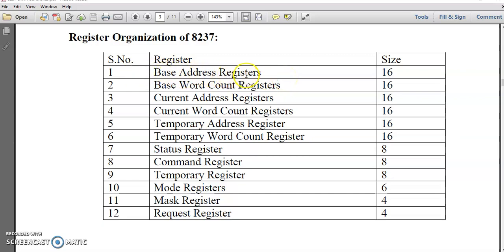Base address register. The data transfer will start from some address. The original address from where the data transfer will be started will be stored in base address register. Base word count register will store the number of words to be transferred during data transfer. And these two registers are for each channel. Each channel will have base address register and base word count register. These two registers will store the original address and original word count